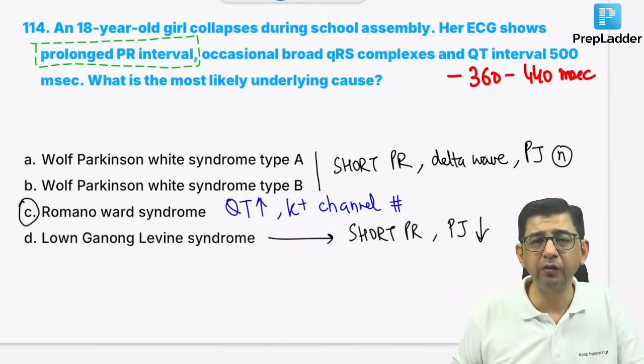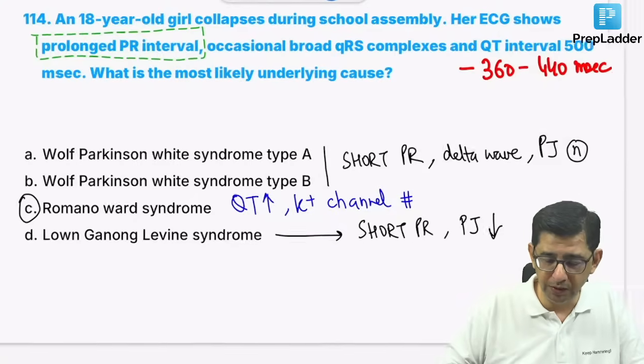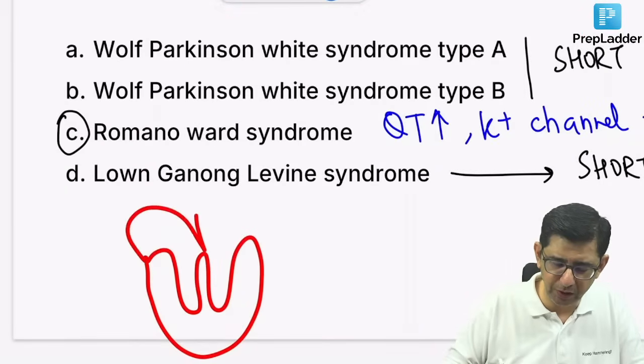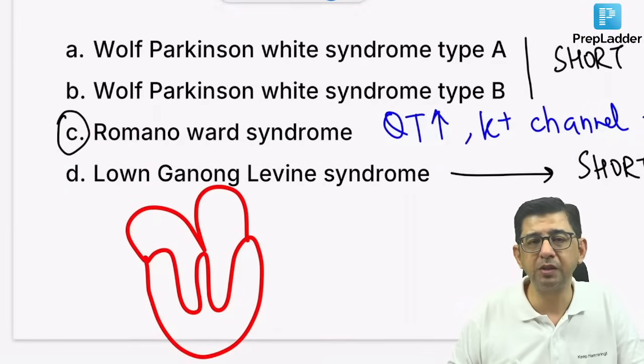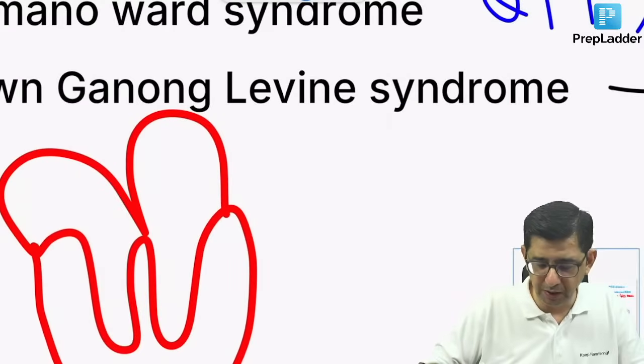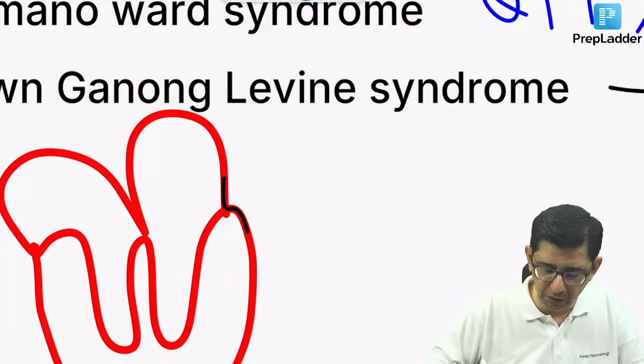Wolff-Parkinson type A is the abnormal... Okay, good question there. I think I've explained it in the main videos, but it just came up in the chat, so I should quickly mention it here, that the abnormal circuit would be left-sided. I mean, the abnormal circuit which is connecting the atria and the ventricles would be left-sided. So